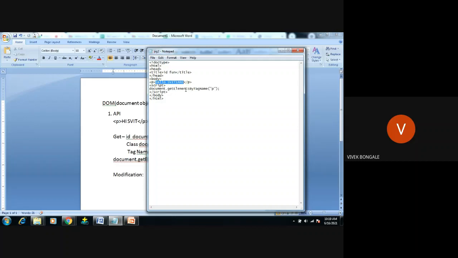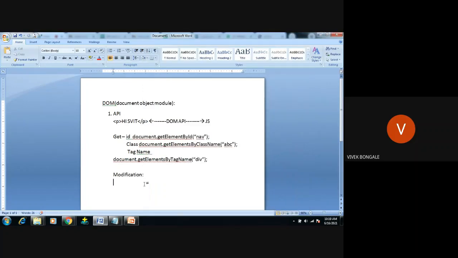Now what we try to do is some modification to this present HTML element, right? We'll try to modify this "Hello SVTens" to some other statement. Okay, we're going to modify, right? How to do this modification? To do this modification, we need some of the properties like innerHTML, with HTML in capitals, or style.